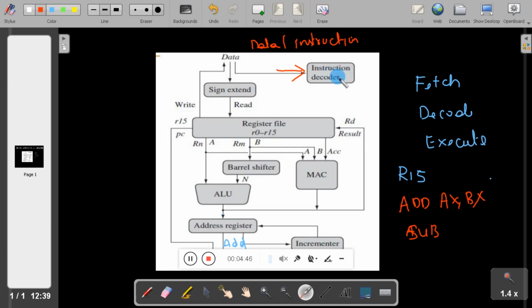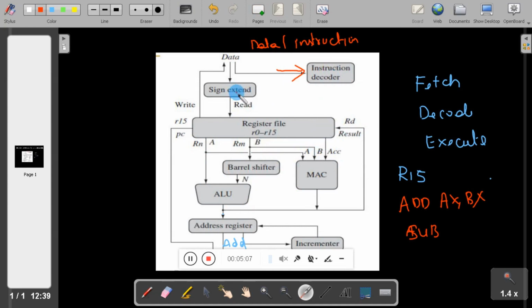Based on the decoding, it will send signals to the various units of the architecture about what action has to be executed. So that is the job of the instruction decoder.